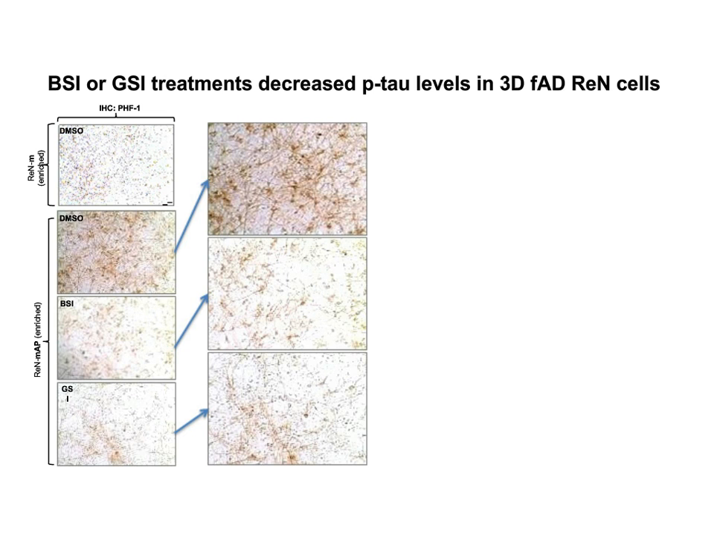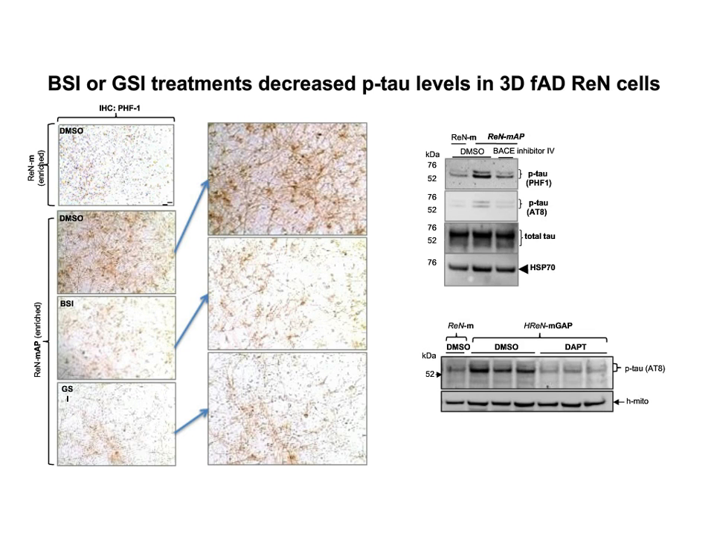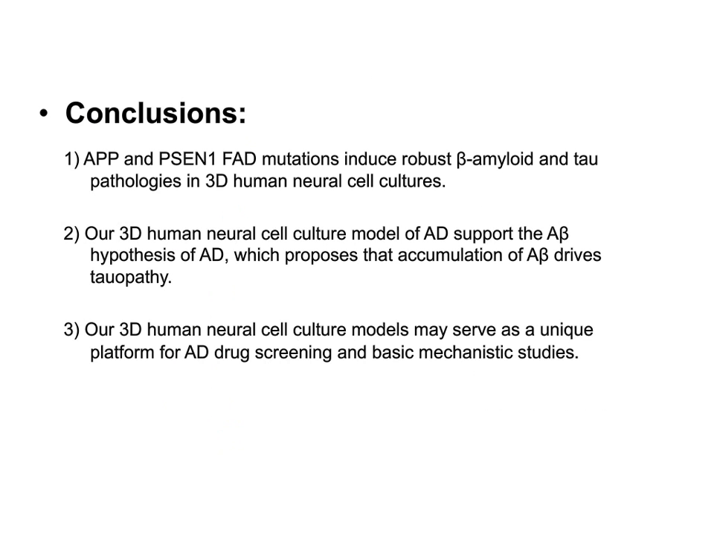Our data from the Western blot and other biochemical assays also supports our conclusion. It seems that when you block the A beta generation in this model, it's robustly blocking phospho-tau levels in the insoluble fractions. So this is our conclusion. We think that our model at least supports the A beta hypothesis of AD, which proposes that accumulation of A beta